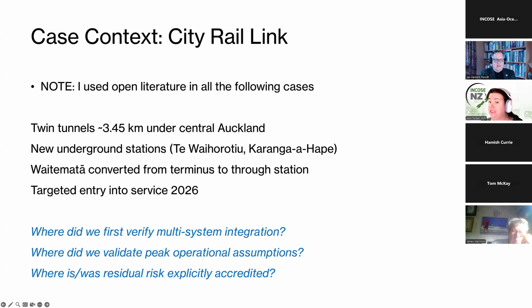I think it'll be really interesting after it's all wrapped up and done to see how the program actually did approach this multi-system integration, because I suspect it was perhaps underestimated, not out of incompetence or anything, but simply because there was a degree of uncertainty. Whether that uncertainty, that residual risk, was explicitly accredited, I don't know. I know some folks who I would ask over a cup of coffee, but I don't know if any of them are on the line here today.